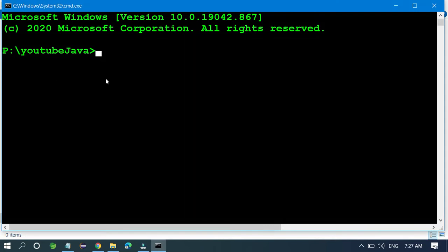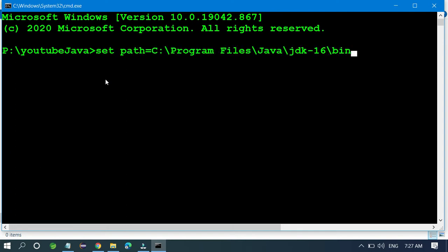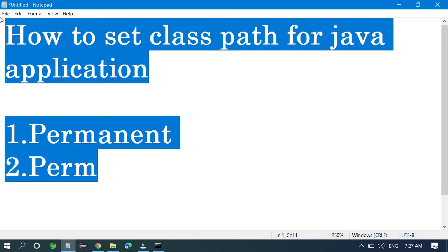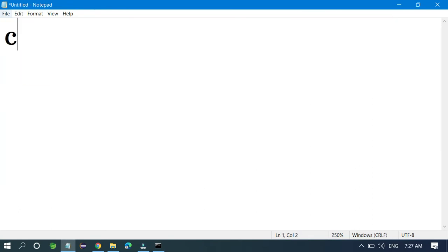You get this interface. So to set the path, you just type set path equal to, and whatever you copied you just paste here. So this path is saved. How do you know whether this path is saved or not? For this you have to create one program. For example, I'm going to create one class.